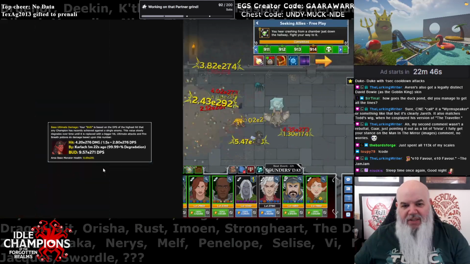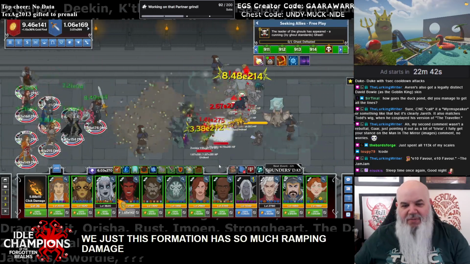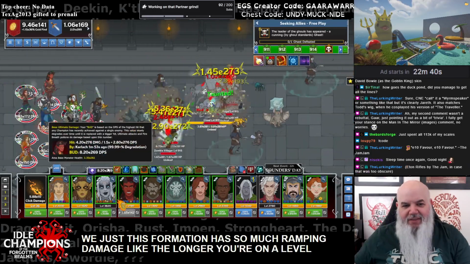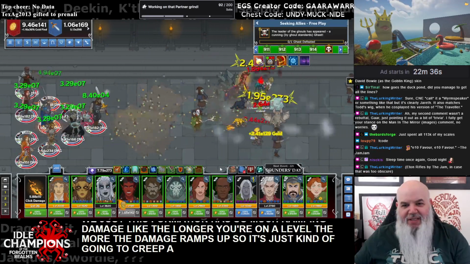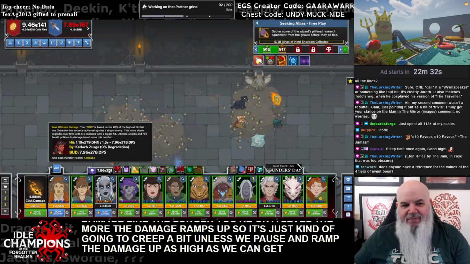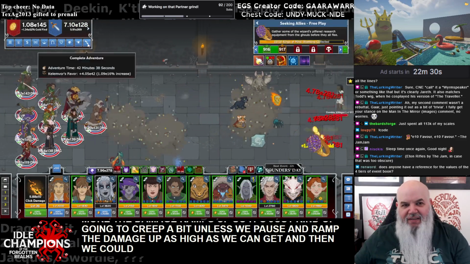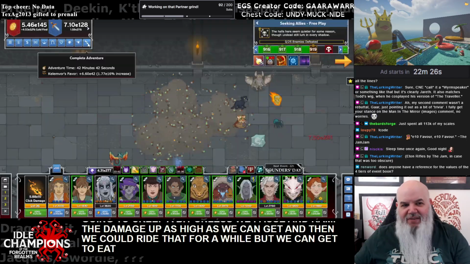But just this formation has so much ramping damage. The longer you're on a level, the more the damage ramps up. So it's just kind of going to creep a bit unless we pause and ramp the damage up as high as we can get, and then we could ride that for a while. But if we get to E43 off this spike,